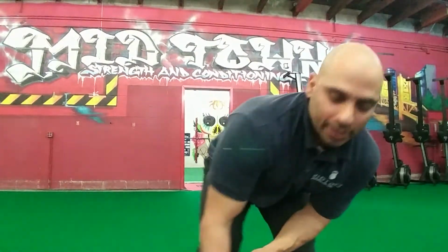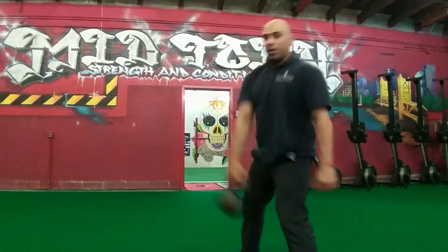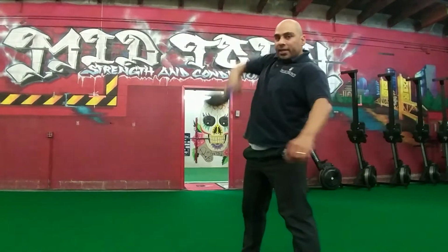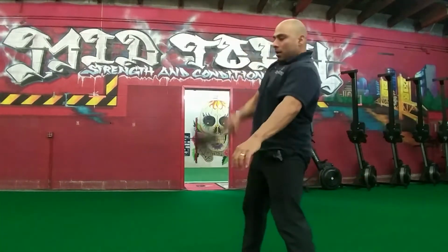So there you go. That's the classic kettlebell snatch progression. Remember, I'll review it really quick. Right here, so single arm, stand up tall, squeeze my abs, chest up, and then I'm gonna do a high pull, chest up. High pull, lift with the elbow. Lift with the elbow, throw the kettlebell, hike it, and now I'm gonna do a turnover, push,